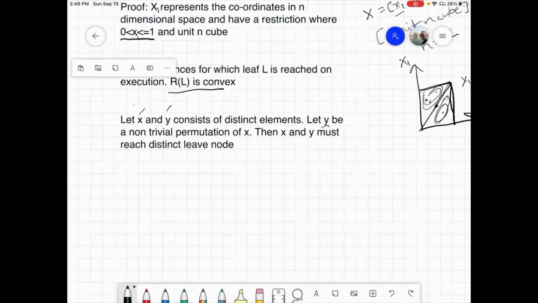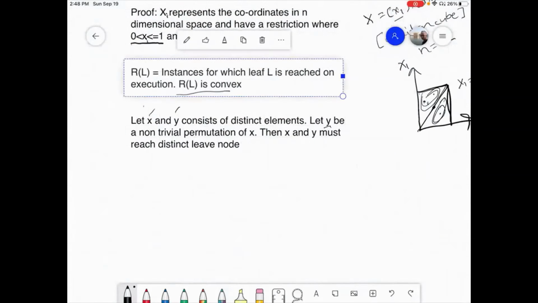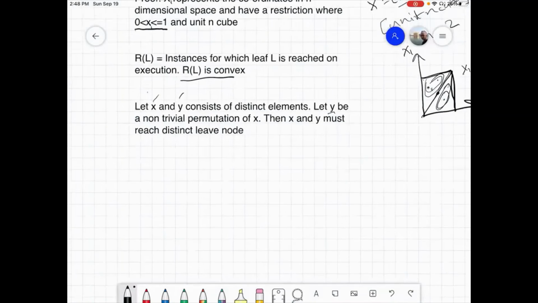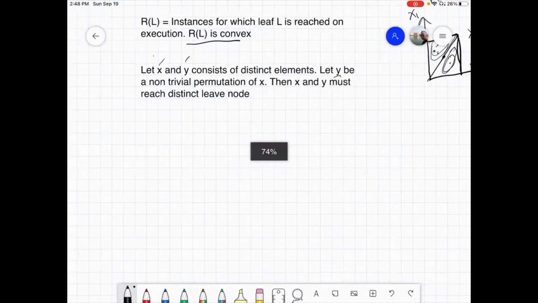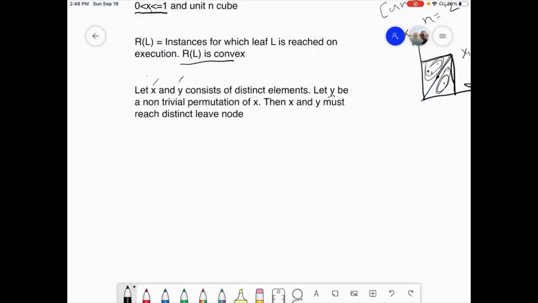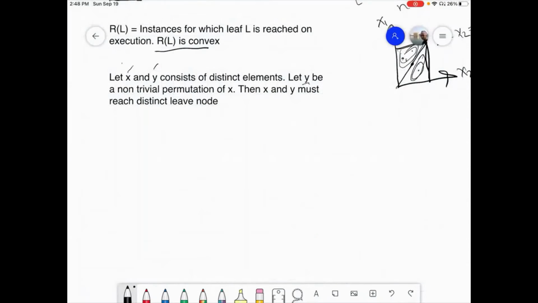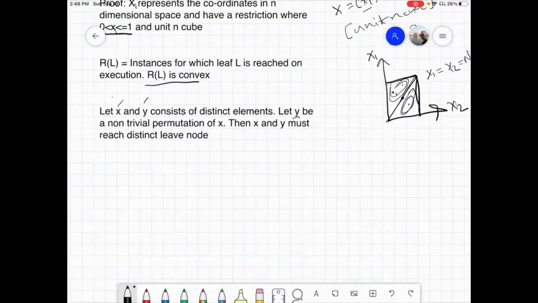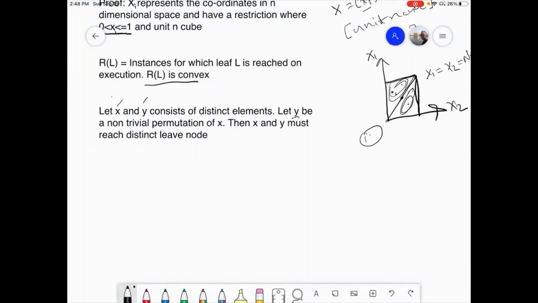So coming to the first claim, first let us understand what actually convex is, and also what RFL is. Okay. So what do we mean by RFL? So let's say this is the root node, and after multiple executions, after this execution, the less than execution, we reach this node. In a similar fashion, after multiple executions, let's say we reach L, and this is a different path, and this is a different path in the node.